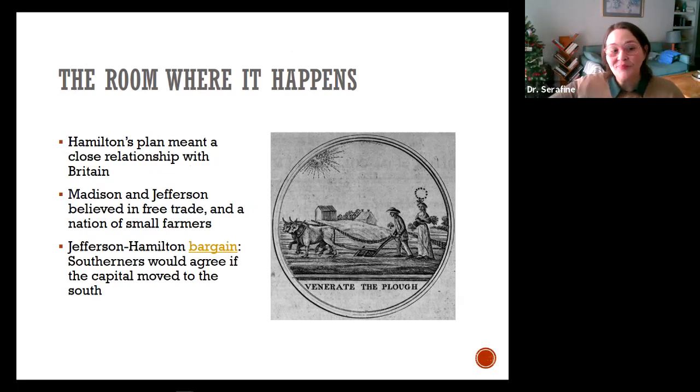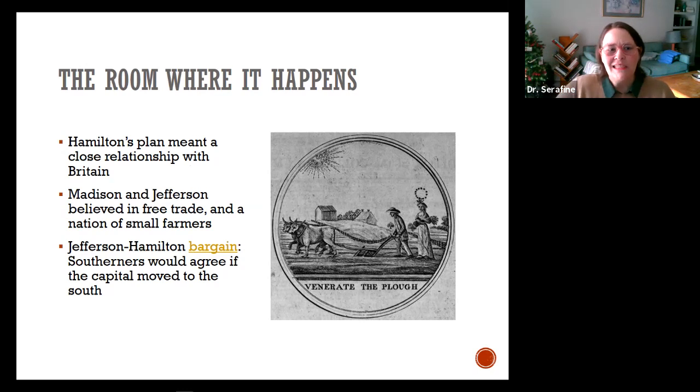Jefferson and Madison oppose it, but they agree to support it in exchange for Hamilton's support to move the capital into the South. This is going to geographically put the capital right into the heart of the slave power, those elite planters like Jefferson and Madison themselves. They also believe that if you separate the geographical political center from the geographical economic center, which is Boston, New York, Philly at this point, that'll separate money from politics. That hasn't worked out so well. So this is the bargain where Hamilton's plan gets passed.